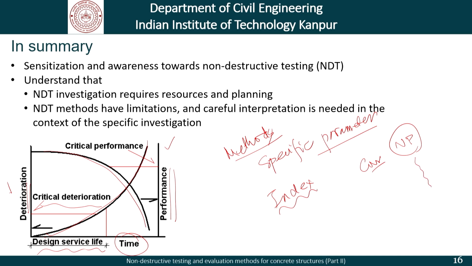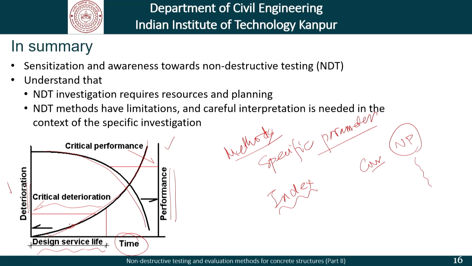And then, as an engineer or as a manager of an asset, we have to be careful in choosing the methods which are reliable and give us the kind of information we need to be able to find our location on this curve, whether it is deterioration or whether it is performance. And that is what we had alluded to when we said that there are deterioration parameters and there are performance parameters. Yes, there is a relationship between these two, but it's something which needs to be explored and established as far as different infrastructure are concerned.